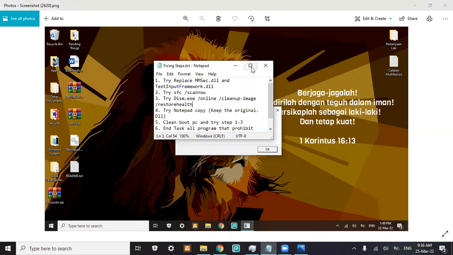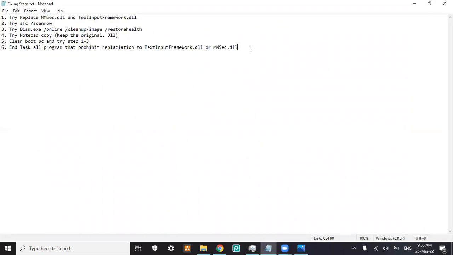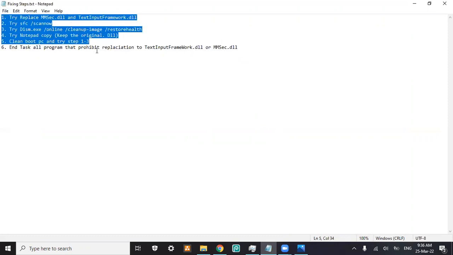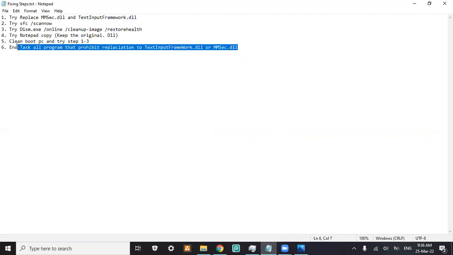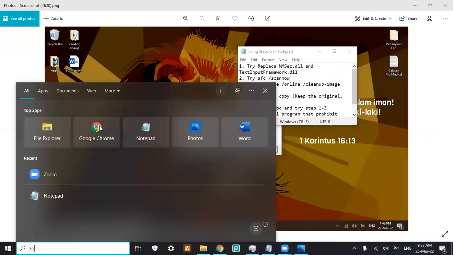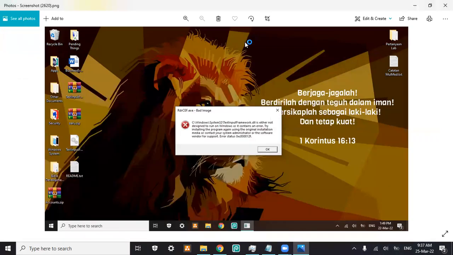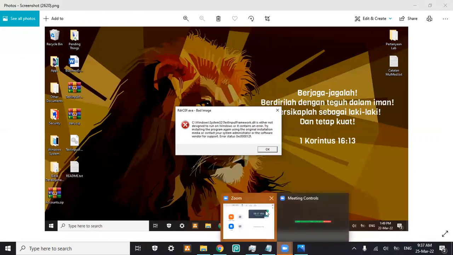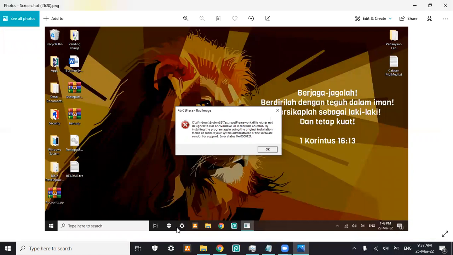I found there are 6 methods that we can try to fix it. I found these in Google, on the internet, or on YouTube, and the last one is only my idea. So I will tell you guys how I fixed this. Now, when I open Zoom and Line, it's already fixed. But before, in March 22, it did not work. It was not solved. Now I can open my Zoom, I can open my Line and the others.